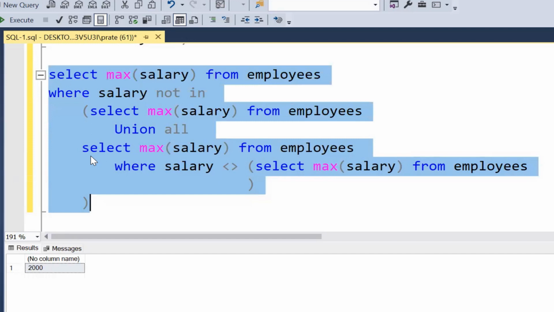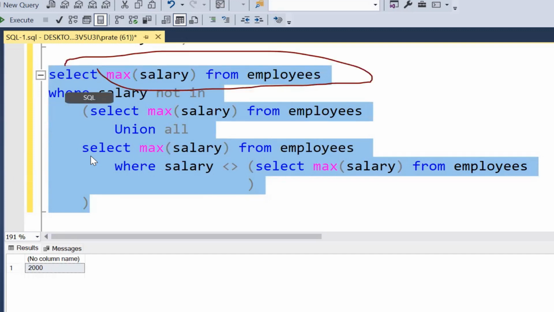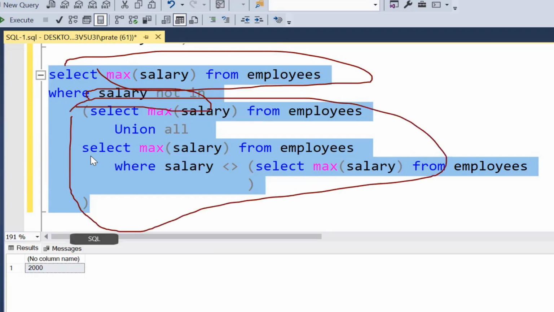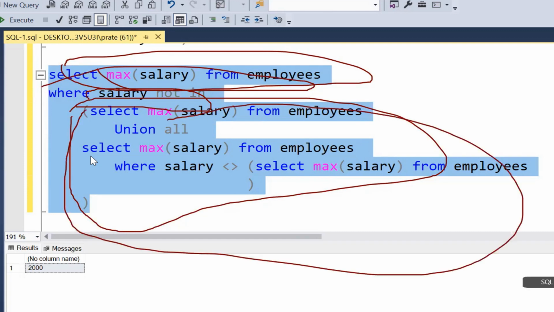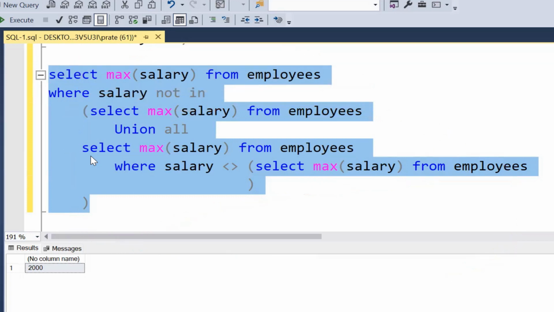ठीक है? उसमें नहीं है ये 4500 और 3500 में नहीं है। उसके बाद क्या है वो बोल रहे हैं, मैक्स निकालो, बट मेरा मैक्स में से ये हटा दो, सैलरी नॉट इन, ये वाले जो है ये वैल्यूज को हटा दो, एंड गिव मी दिस रिजल्ट। आफ्टर रिमूविंग दिस, वॉटएवर कम्स माई मैक्स, वो दे दो। तो 2000 मैक्स आ गया। अभी समझ में आ गया पूरा क्वेरी? क्लियर? श्योर? बट दिस इज नॉट द करेक्ट वे टू डू, एंड वी नेवर डू लाइक दिस,